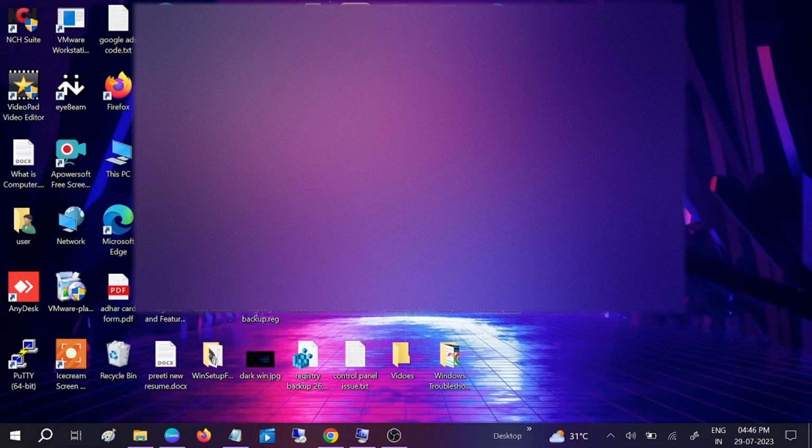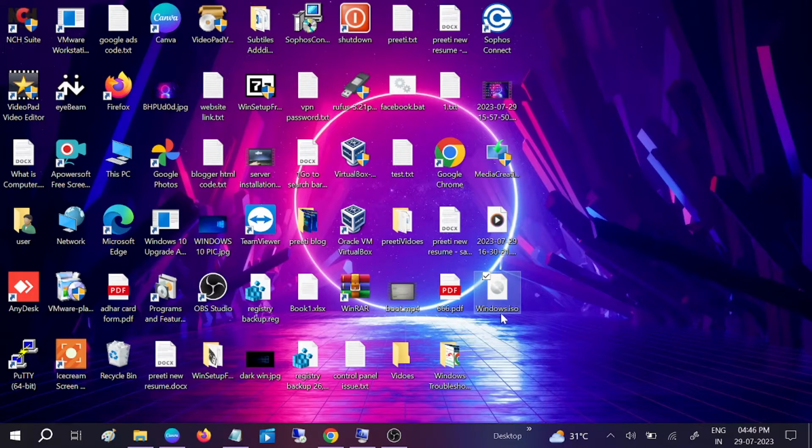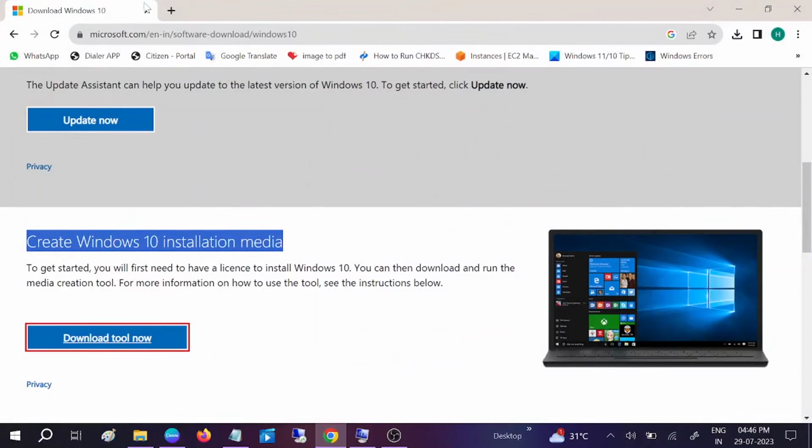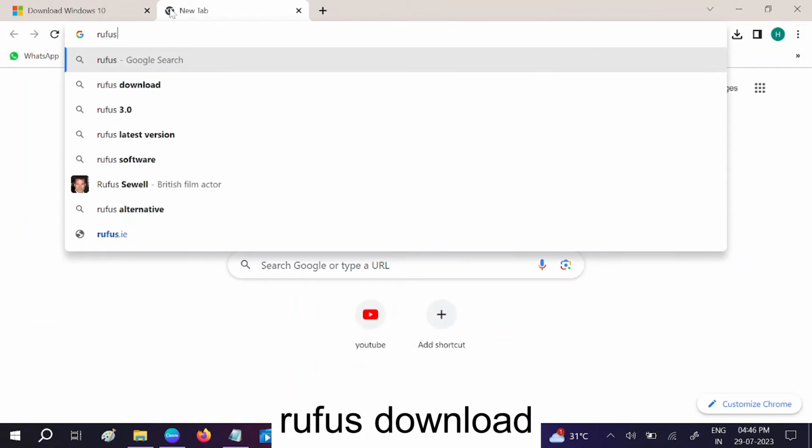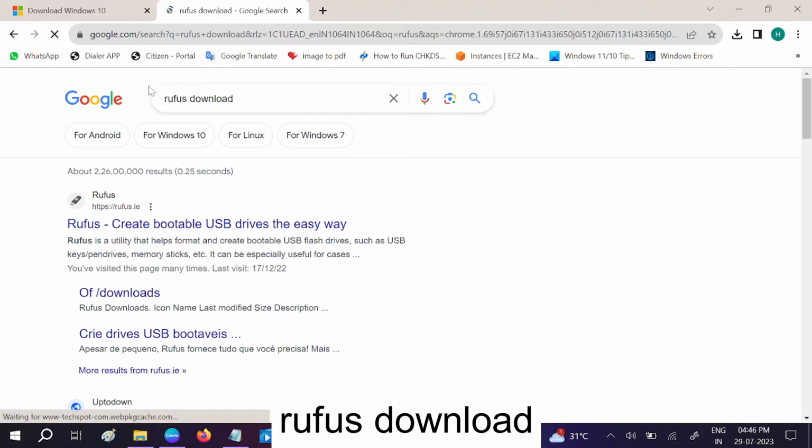Now you can see Windows 10 ISO file is here and it took almost 20 minutes hardly. So okay, so now we need to download the Rufus software now. So go to browser, have a Rufus download, and you will see this Rufus download. Click on first link